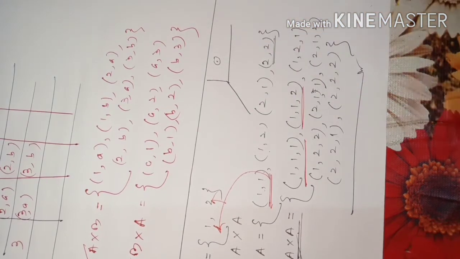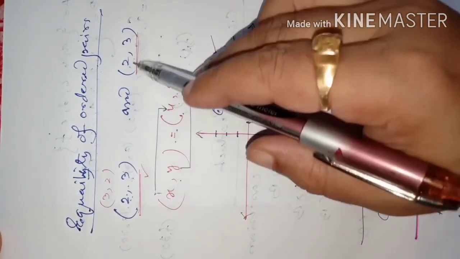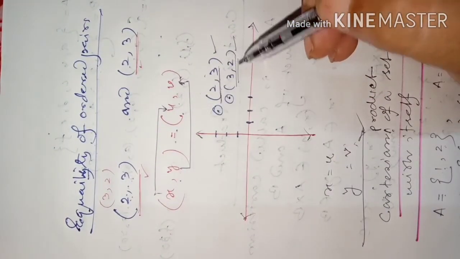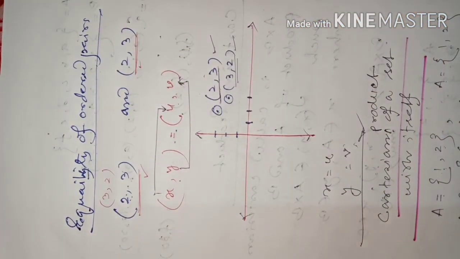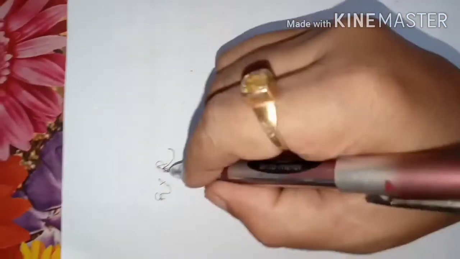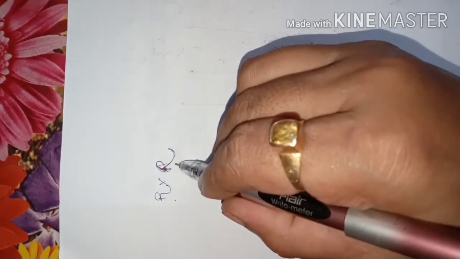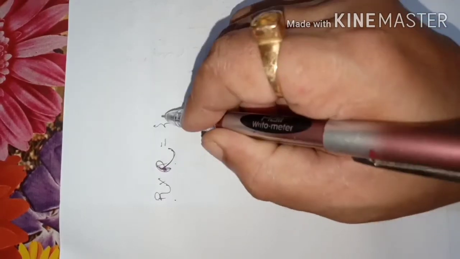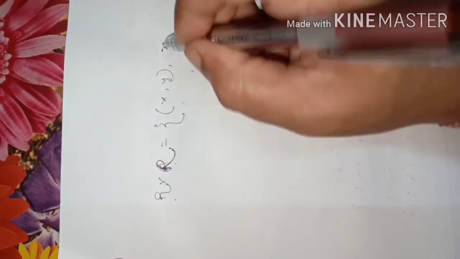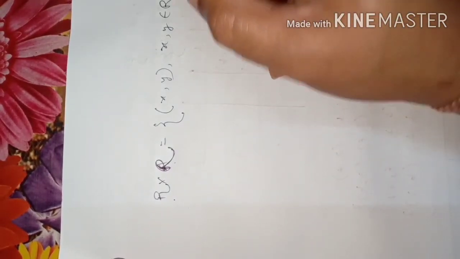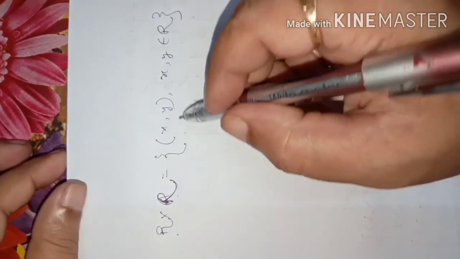3-dimensional. So here 2 comma 3, 3 comma 2 or 2 comma 3, all these are ordered pairs in 2-dimensional space. Now if you are asked what this R cross R will stand for? R is the set of real numbers. So R cross R means the set of ordered pairs x comma y, where both x comma y belong to R, and these are the set of all ordered pairs in 2-dimensional space, the 2-dimensional plane.